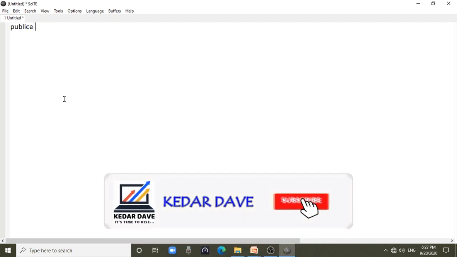So this is a text editor. Here we write public class hello Java, then curly bracket, write public static void main, and in brackets String with capital S, args, and again a curly bracket. Use the tab key, then write